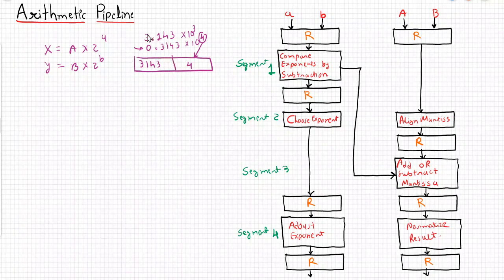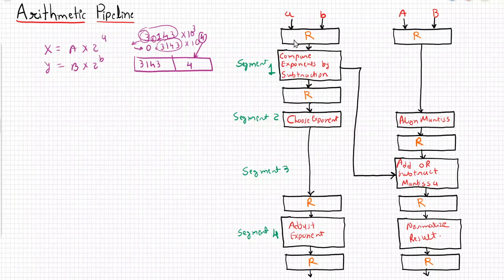Why is this used? Because otherwise it will be difficult to store the precision. One location will be used to store the value before the point, and another location to store the value after it. So this alignment will be done. Everything will be converted into the format of 0 point something, and then the power will be adjusted accordingly. On one location the value will be stored without the point, and on another location the exponent will be stored. As you can see, this pipeline is divided into two parts.